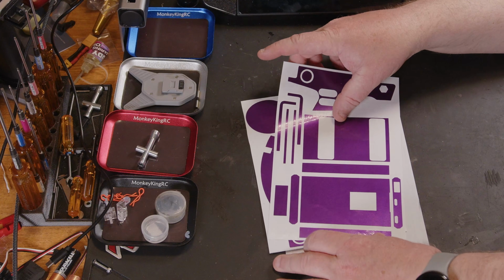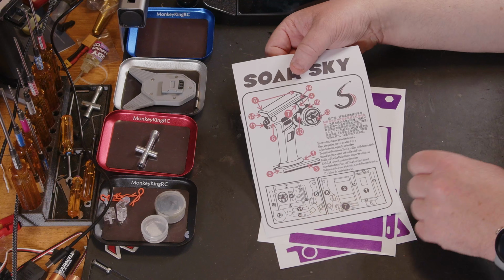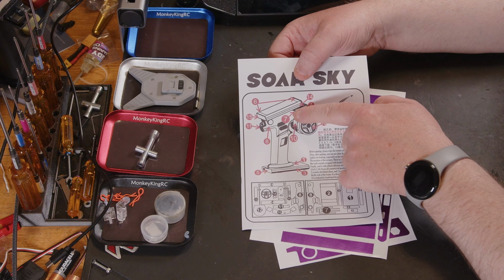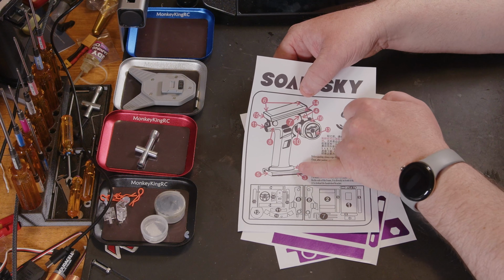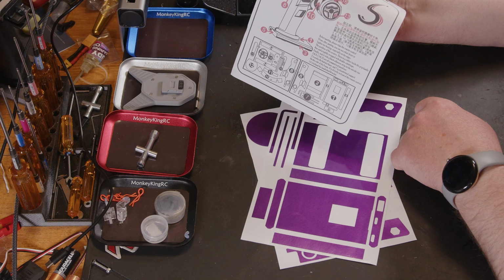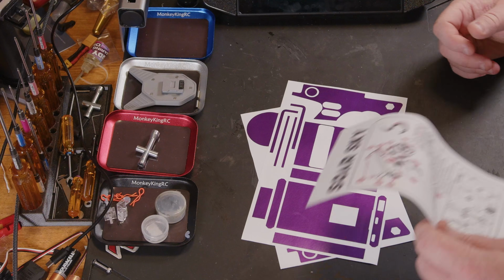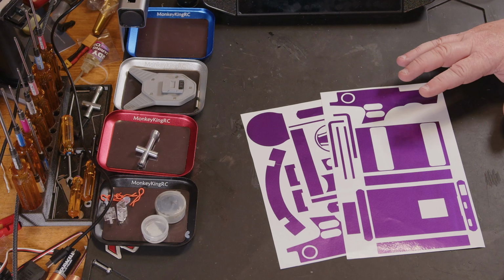But to cut the guesswork out, they do give you an entire guide with all the parts numbered and where they go. So these long bits, number 7, they go on that little shoulder down to the wheel. And then you've got the bits for the base battery, it tells you where they all go. So, I maybe fancy a bright purple NB4 Plus. I'll grab my NB4 Plus and I'll see how I go fitting these,